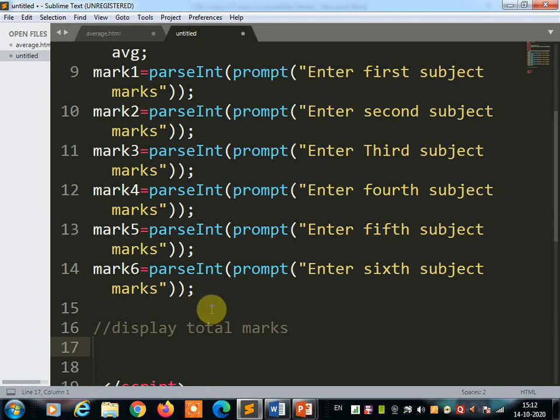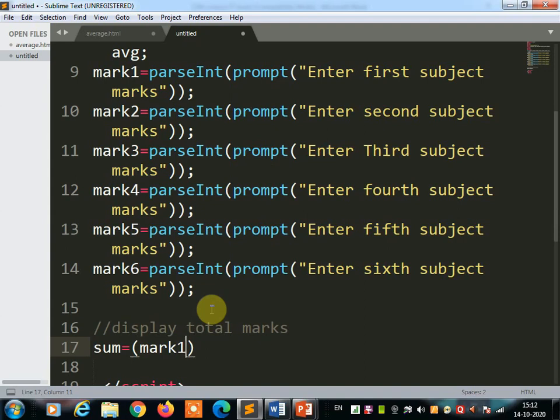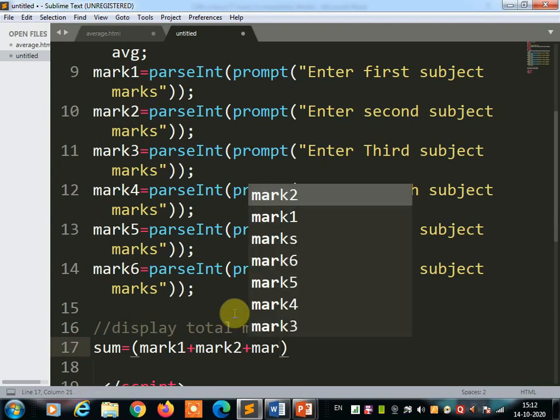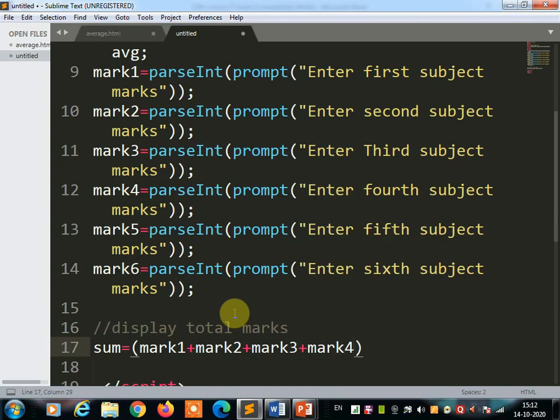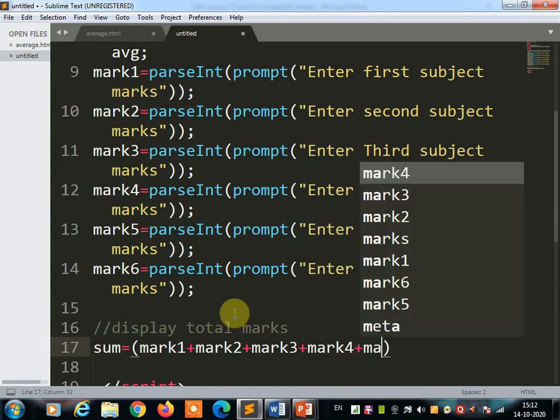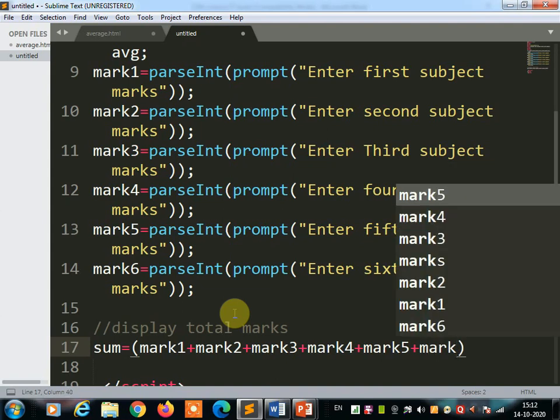So here the formula will come: sum equal mark 1 plus mark 2 plus mark 3 plus mark 4 plus mark 5 and plus mark 6.